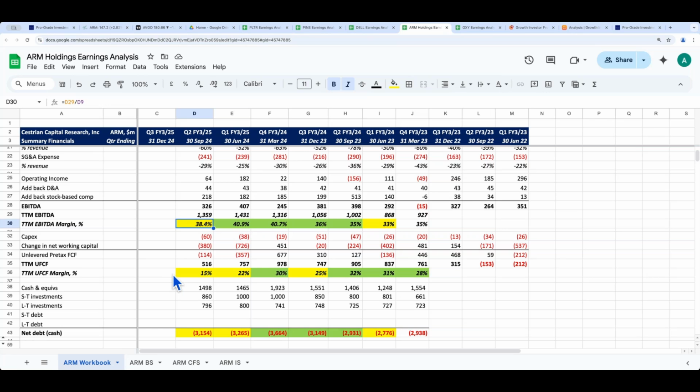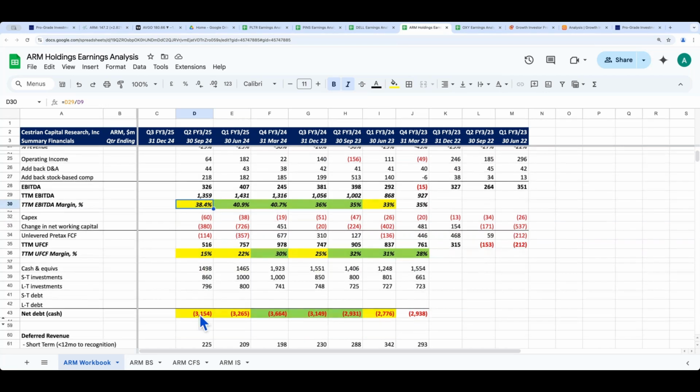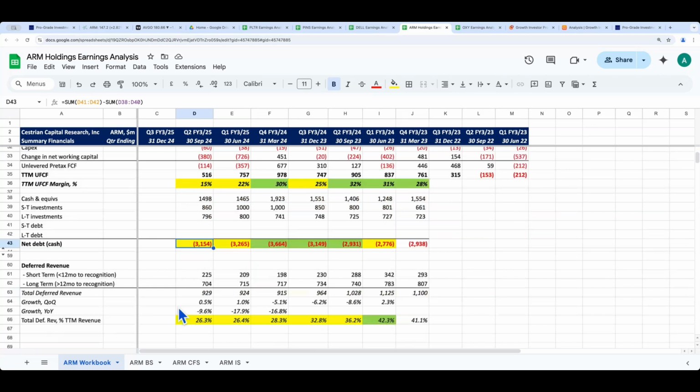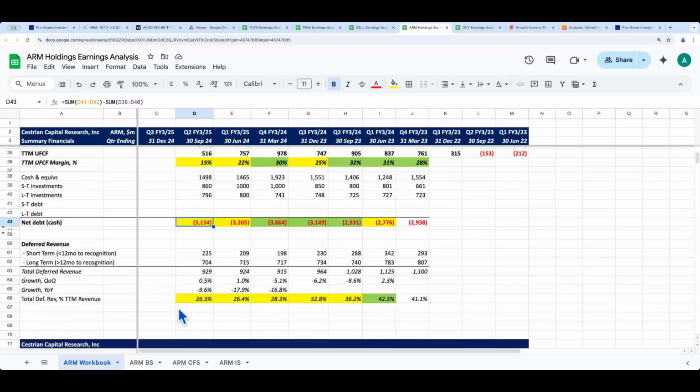Balance sheet, by the way, fine, $3 billion net cash. It's ticking down a bit, so $3.7 billion in March, 3.2 in September, but still pretty good, obviously. The other thing just to watch, though, is deferred revenue. So deferred revenue is orders that have been placed by customers that have been then prepaid by customers before the product has been delivered. And so you want to see deferred revenue, prepaid sales basically, growing positively and ideally growing faster than recognized revenue.